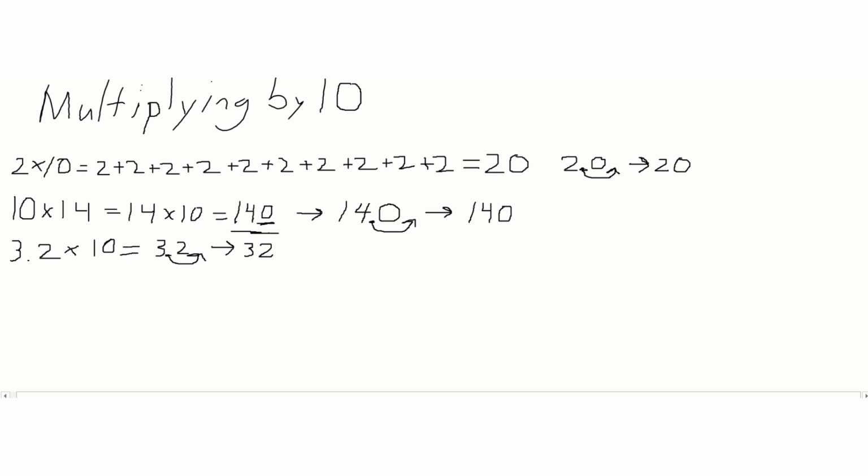So as you see, multiplying by 0, 1, and 10 really isn't that bad. In this next video, we will start going over multiplication tables for multiplying by 2, multiplying by 3,